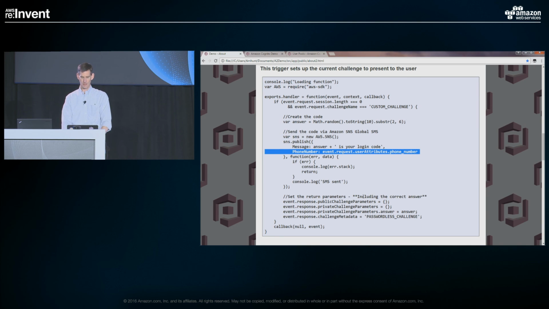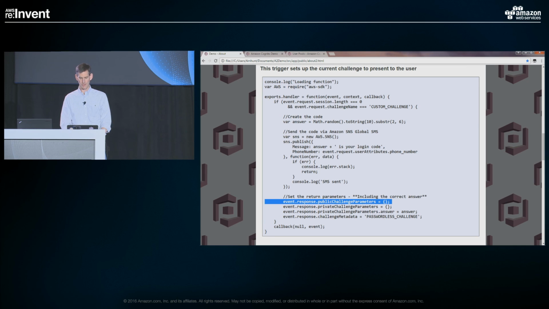Once I've sent the message, I package up a few return parameters. Here you've got both public and private parameters. I'm not using the public ones, but I could have said something like, we just sent your code to this phone number. Maybe I masked part of that phone number, but if I wanted to report back to the client, I could have said, go collect your code from this phone number. I didn't go through that, but I could have. I could have alternatively said, this challenge is, I need to know your mother's maiden name or something. Whatever your challenge is, you could provide that back as a parameter that your client would then be able to use to present the right experience to the user.